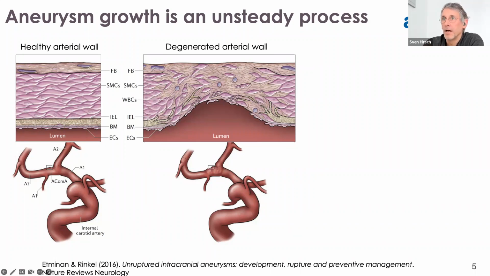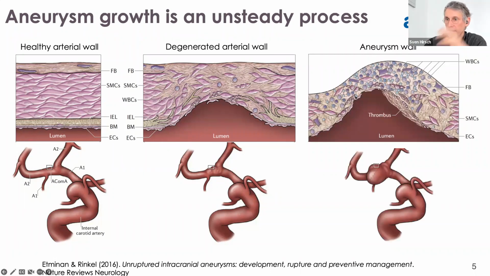And you have then white blood cells or macrophages that infiltrate, and then you have inflammatory processes, and then this whole thing gets more and more involved, and then it grows and grows. And so this is not like a linear process. So there could be, it's episodical. Sometimes it grows a bit and then it remains stable, and it could also have another episode,